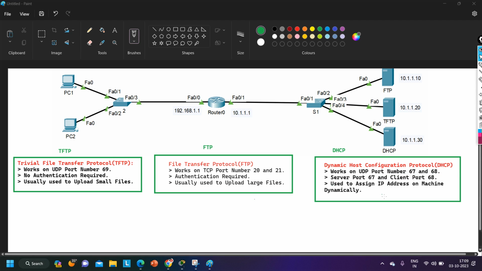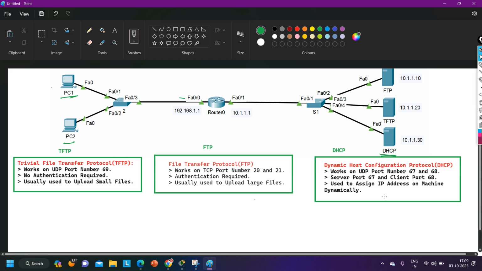So in this scenario, as you can see, I have one DHCP server in the network. This DHCP server should be responsible to provide IP addresses to PC1 and PC2. We will assign IP addresses on these two PCs through the DHCP server. You can see the DHCP server belongs to a different network, right? PCs are in a different network and the server is in a different network. So we need to run one command on the router, helper address. You will see what the command is and why we need to run it, because the router cannot forward broadcast